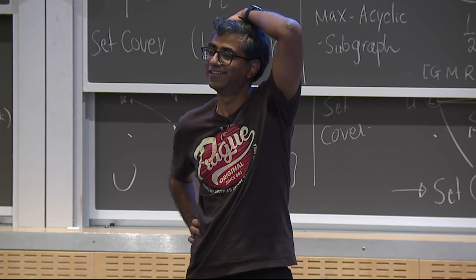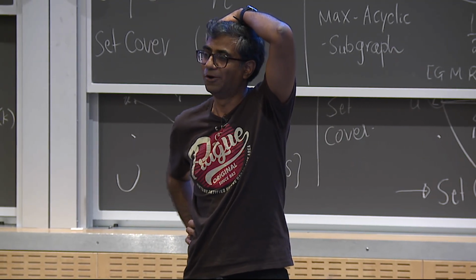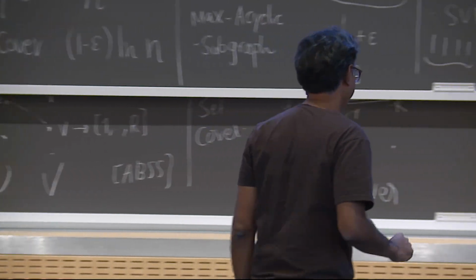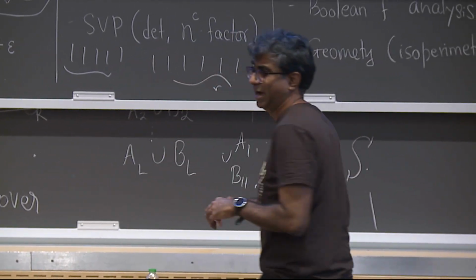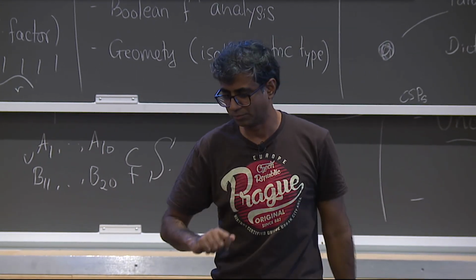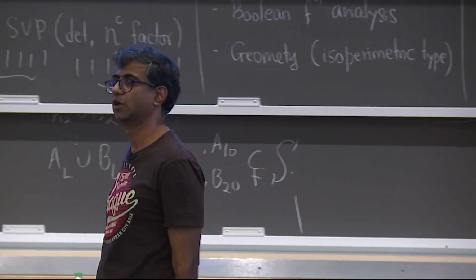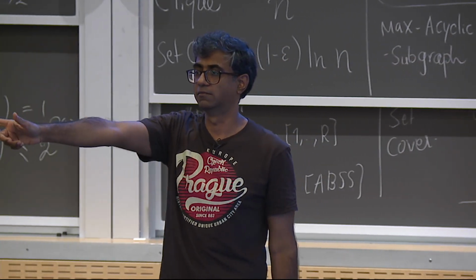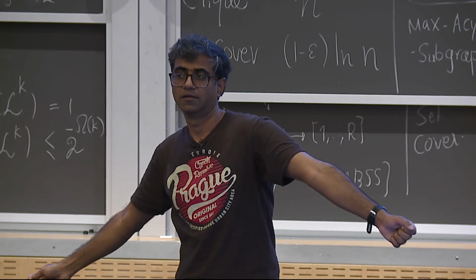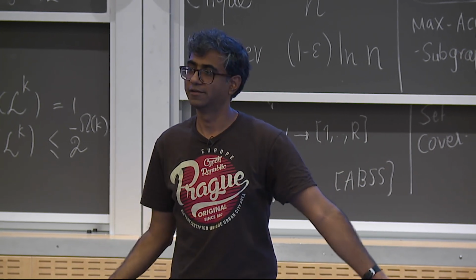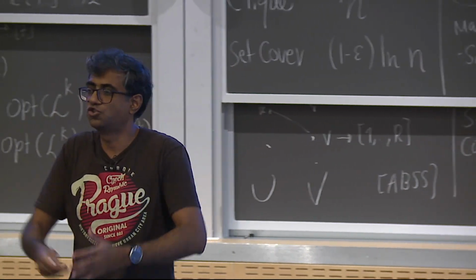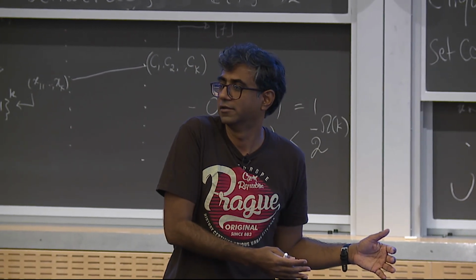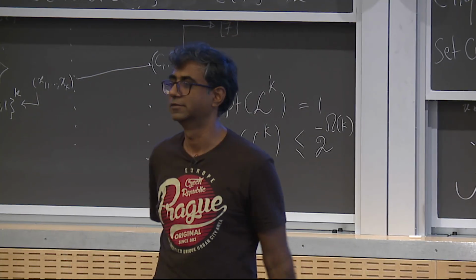Yes? Why did we encode n in unary again? Oh, that's a good point. If you do not encode it, I mean, you don't have to encode it. One way of looking at it is the following. Imagine that I give you a graph G on n vertices, and now I'm asking you, do you have a vertex cover of size k log n? But I'm only parameterizing by k. That makes sense now, right? It's like I want a solution of a bigger size, but the running time that I'm allowing is much smaller. So you should think of them in that way also.